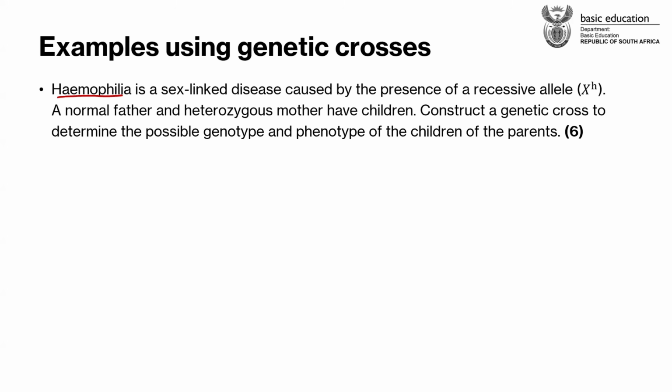But the people that have got hemophilia, since hemophilia is a sex-linked disease, what does it do? Hemophilia simply means that you will bleed forever whenever you get injured. Like your blood cannot thicken up, or cannot become thick to stop bleeding. So whenever you have got hemophilia, you are more likely to bleed for longer periods of time than the average or normal person. Okay, so this hemophilia is a sex-linked disease, and it is caused by the presence of a recessive allele.